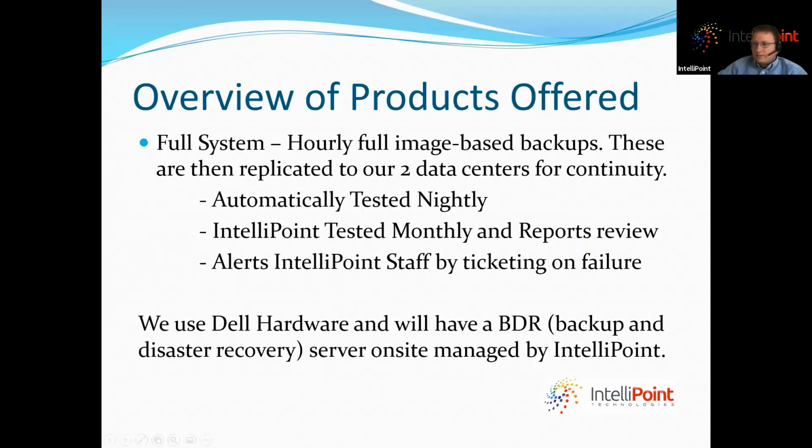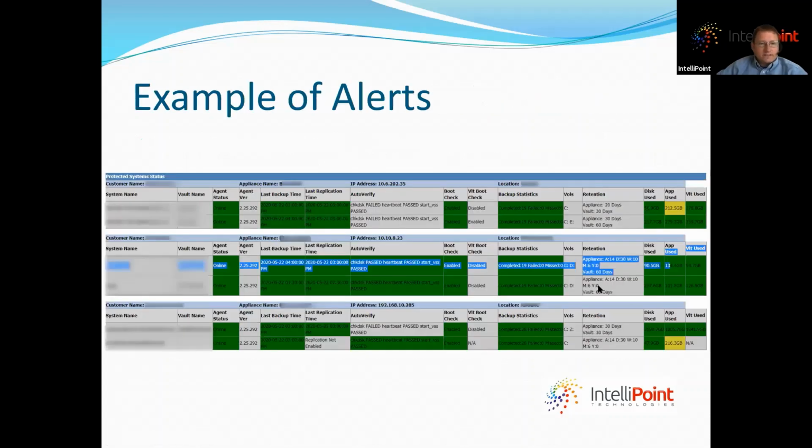So here's an example of alerts. This is kind of a snippet of the page that we look at. So we actually look through this every Monday morning. Dylan is the one that does this for us. He has a recurring ticket every Monday morning to go through this. And even though the alert system is built into our ticketing system, I still want eyeballs on it to see,